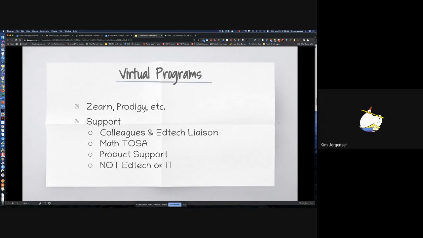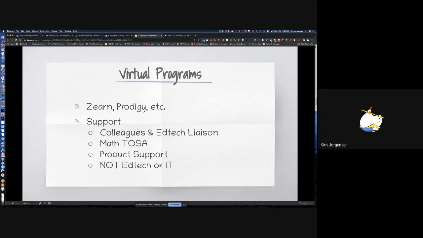If you're not doing it already, I wouldn't recommend trying to get your kids to just pick it up, because there is no support, really, unless you want to talk to the people at Zern or Prodigy. You can, of course, ask your colleagues how they do it, your ed tech liaison, me, or you can actually contact product support and you'd be amazed at how fast they are, much faster than I am.